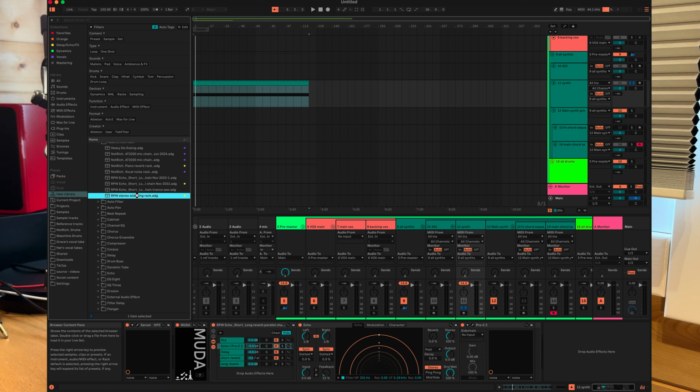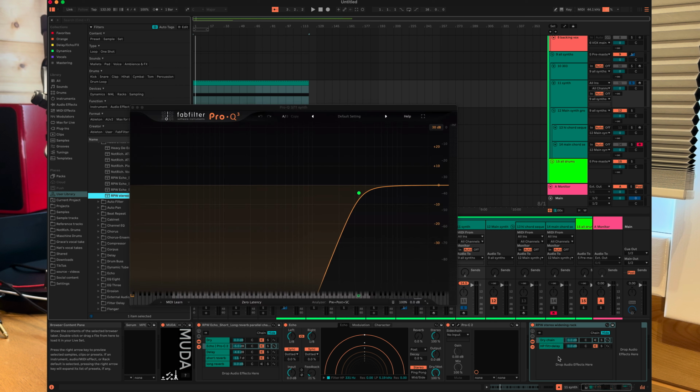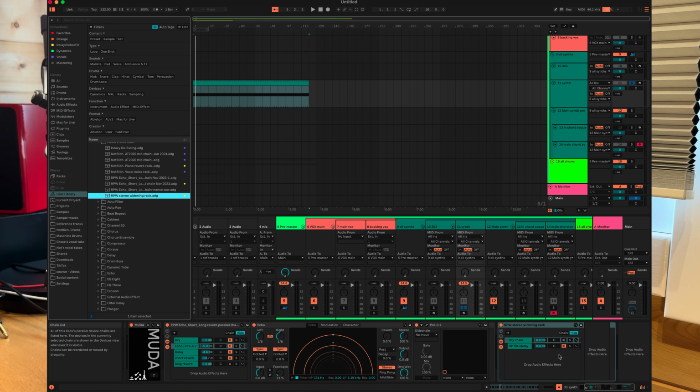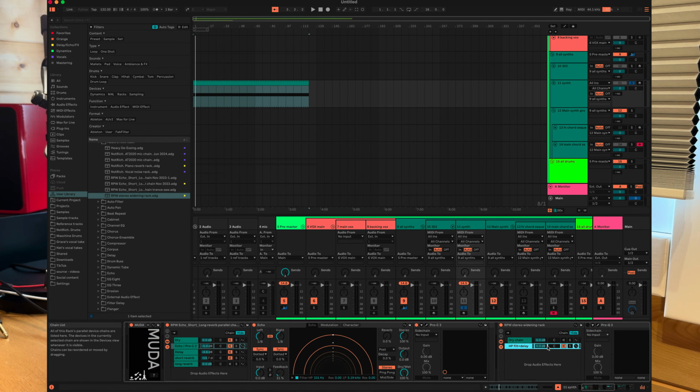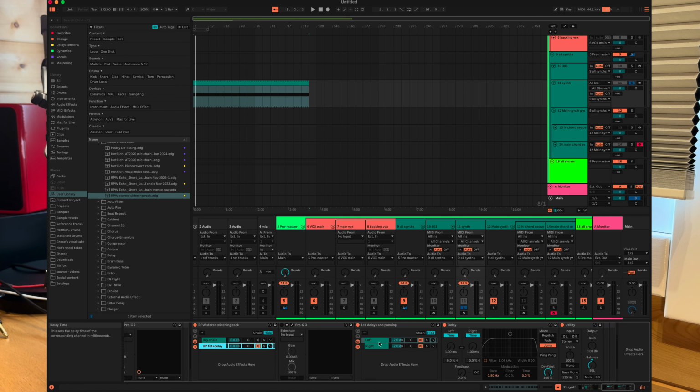This is my own stereo widening effect, but it's essentially the Haas effect. So the principle here is that you delay the left and right channels. So I've got an EQ on it as well. But it will delay the left channel by 20 milliseconds. Just scroll over. And then the right channel,